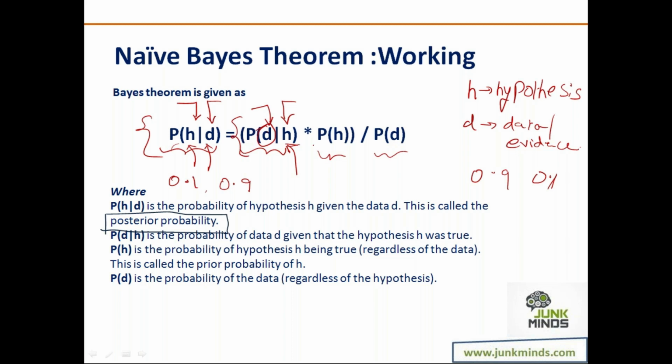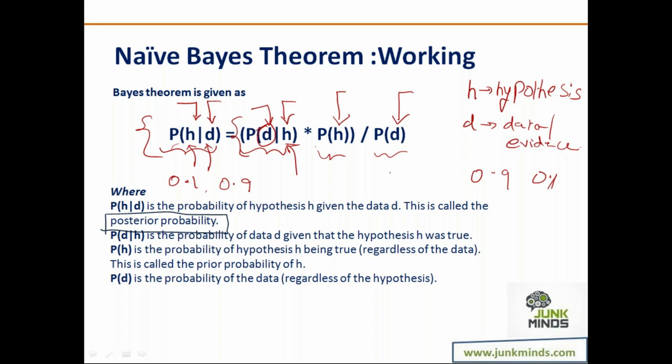Okay. Next, the probability of the hypothesis H being true irrespective of the data. Suppose I don't give you the data, and I just tell you that it is going to rain today, what is the probability of this being true in presence or absence of that particular data? I don't care about the data. And what is the probability of this data existing irrespective of the hypothesis? Like I told you that it is dark outside, right? It may not be related to rain. Maybe it's just nighttime, and at nighttime it's always dark outside, so that could be the reason. I never told you that it is day and it is overcast. So we will look at these four probabilities, substitute them in the formula, and then we'll get the answer.